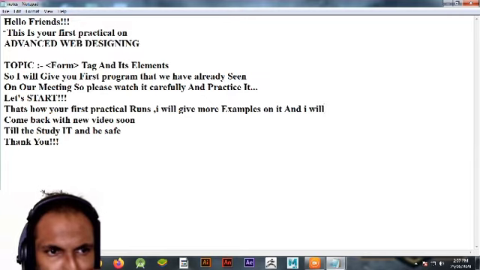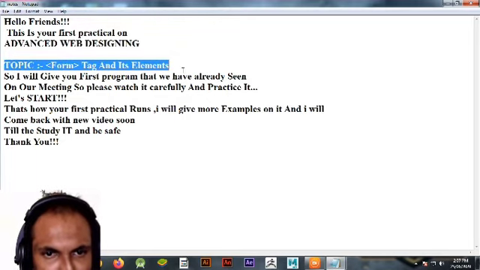We have already seen advanced web designing, and our topic was the form tag and its elements, right?